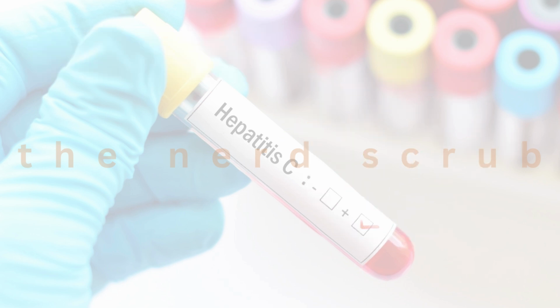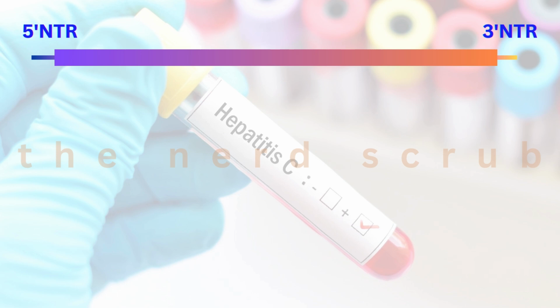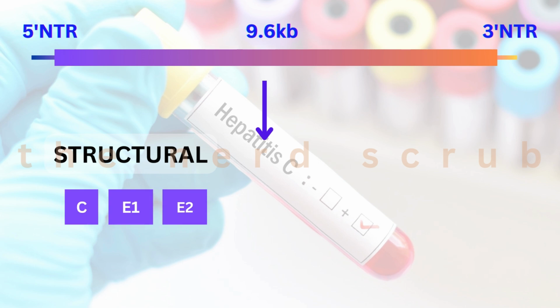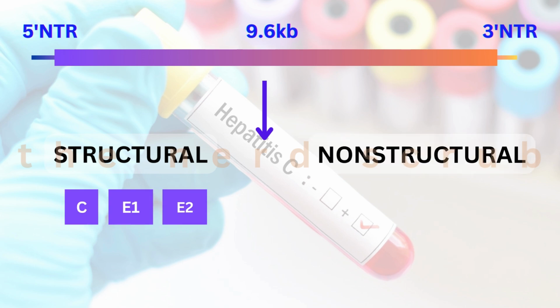Let's break down the hepatitis C virus genome over here. Its genome is about 9600 nucleotide bases and has up to 10 genes. Three genes are structural, that is E1, E2, and C, and the 7 non-structural genes run from NS1 to NS5B. So NS1 helps in viral assembly and release, NS2 acts as a cysteine protease and a cofactor in viral assembly,